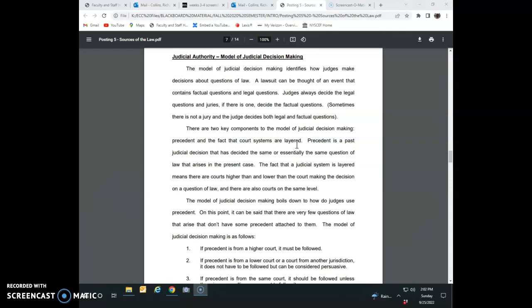And then our second key understanding is a definition of precedent. Precedent is a past judicial decision that has decided the same, or essentially the same, question of law that has arisen in our present case. As we go a little bit further in this explanation, I'll talk about the United States Supreme Court and the abortion issue, because it is so topical that a lot of us, simply by reading or watching the news, have a feel for it. But let me get down to maybe a more mundane example.